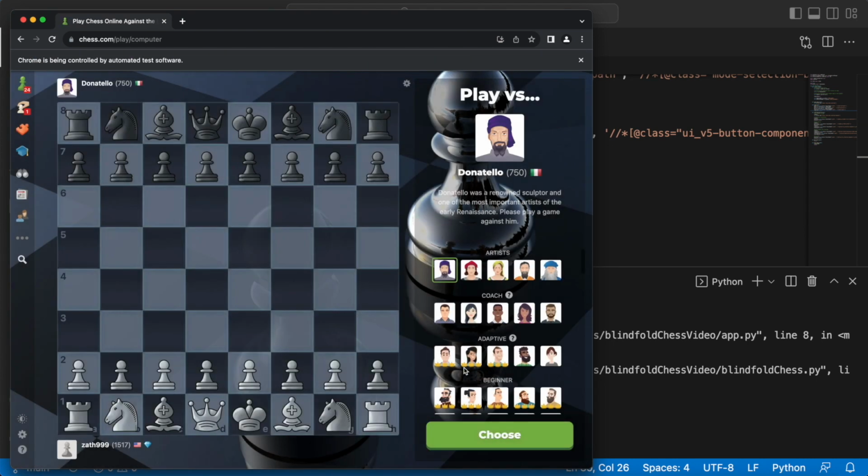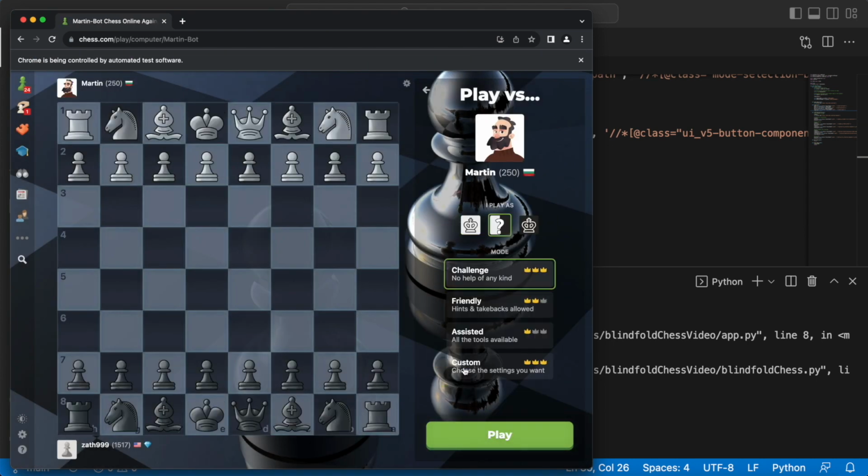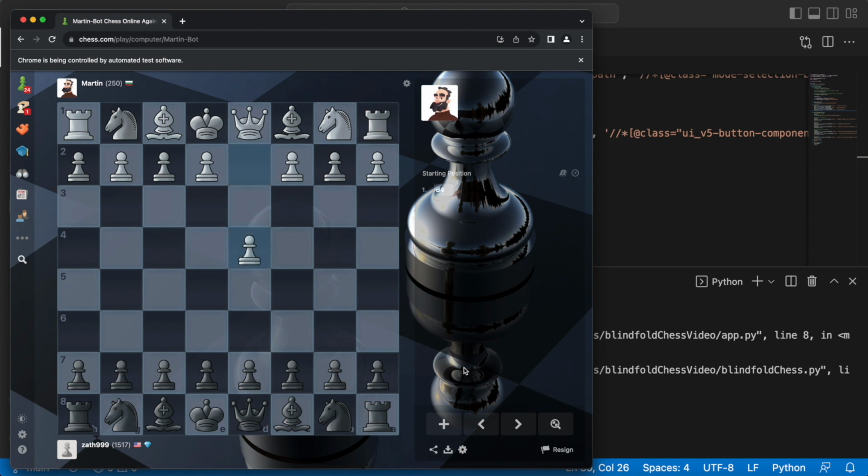So as you can see, it's clicking the buttons. It chooses Martin, click choose, random. And as you can see, now I'm black and it has started a game. And that's great. That is